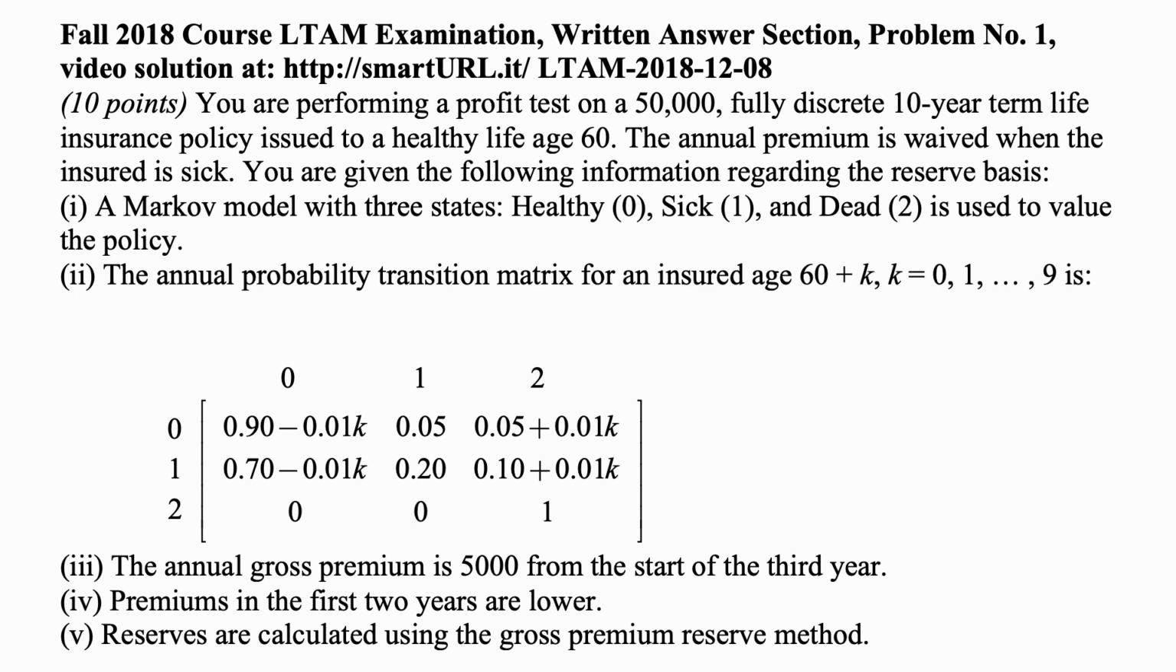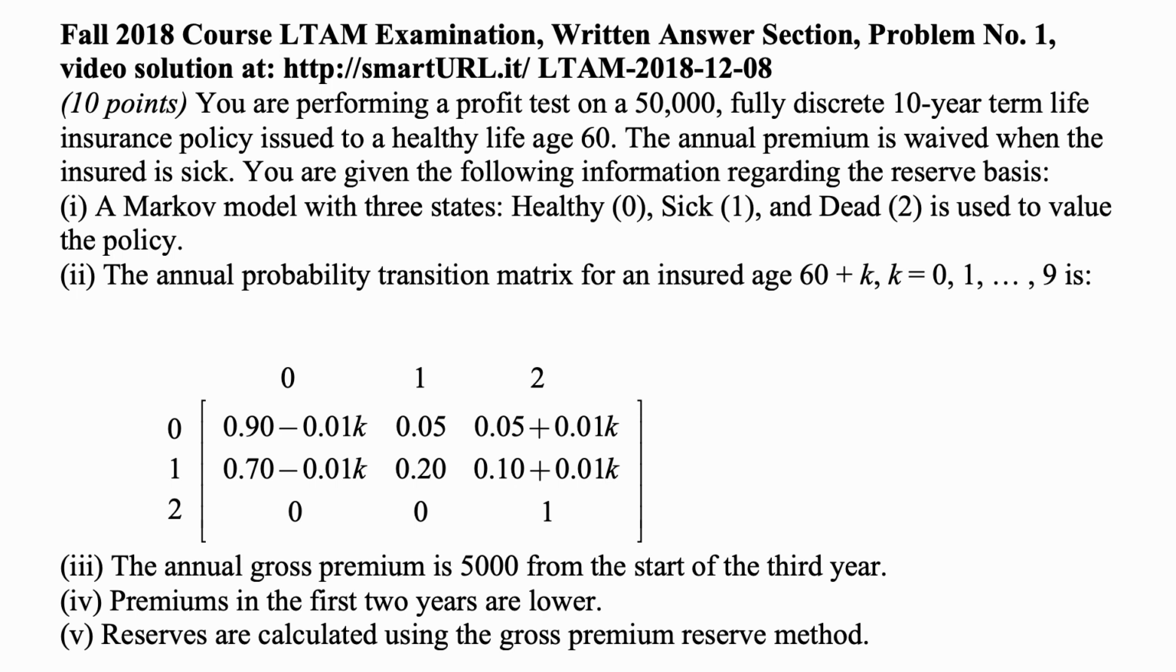A Markov model with 3 states, healthy, 0, sick, 1, and dead, 2, is used to value the policy. The annual probability transition matrix for an insured age 60 plus K, for K equal to 0, 1 through 9, is as shown. What we see is that the middle column of transition into state 1 is the same for every K, but the first column has transition from state 0 to state 1 depending on the age, of the form 0.90 minus 0.01K, and then transition from state 1 to state 0 in